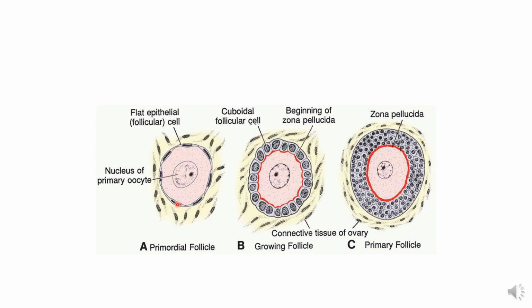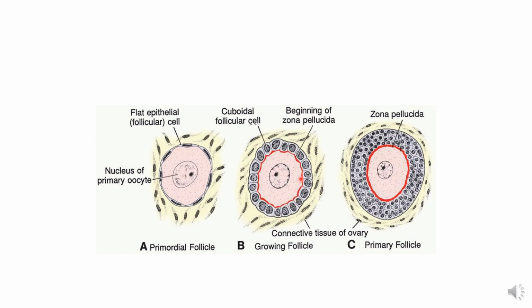But the follicular cells, these flat cells, produce the oocyte maturation inhibitor factor, which keeps the oocyte in this state, the diplotene stage of meiosis one prophase. When the cells are flat, the name given is primordial follicle. They become cuboidal later on, and when the cells become cuboidal, the name given is primary oocyte.